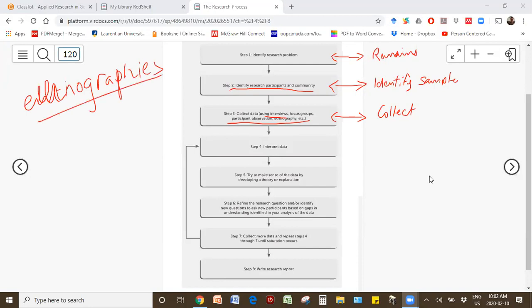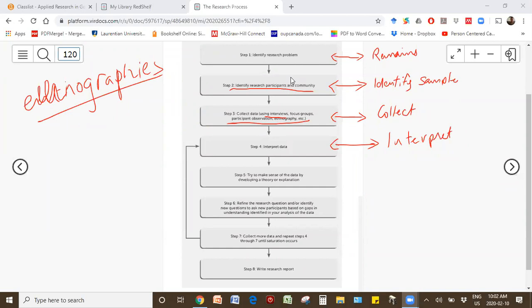Okay. Then, of course, once you collect data, you interpret data. So that's still very similar. The process is similar. We have another participant. Well, there we go. So once you interpret data,